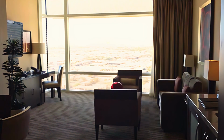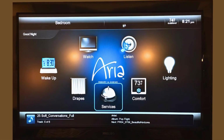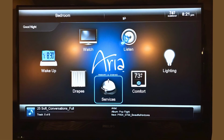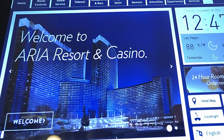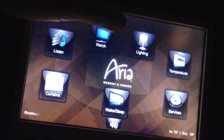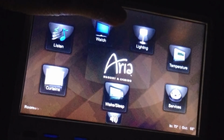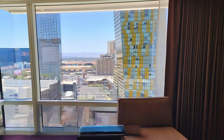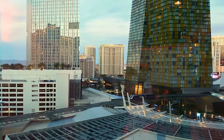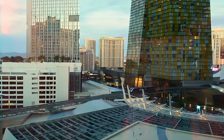The suite, elegantly designed, featured a 52-inch LCD TV in the living area and a 42-inch LCD TV in the bedroom. The high-tech experience was elevated by the master tablet system, putting controls of our environment right at our fingertips. As we explored further, the suite's floor-to-ceiling windows framed breathtaking views of the Las Vegas Strip,